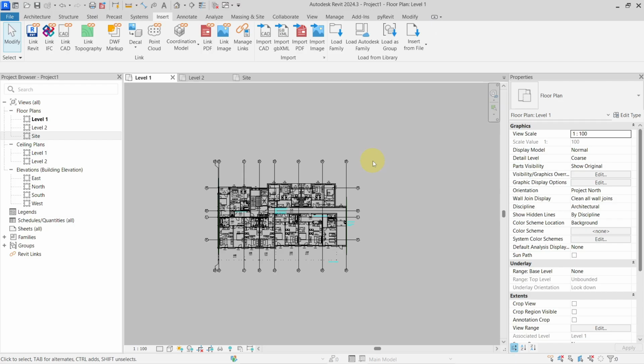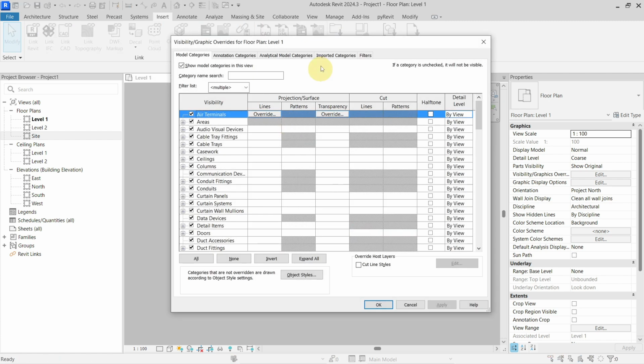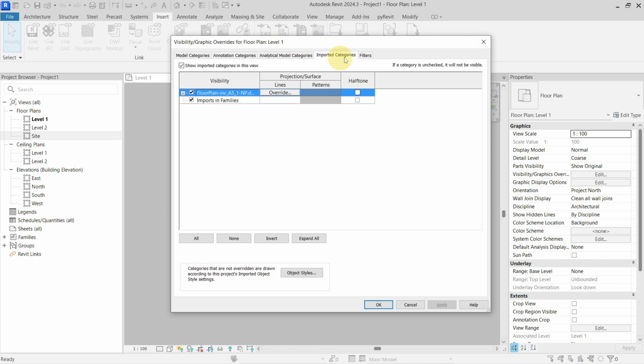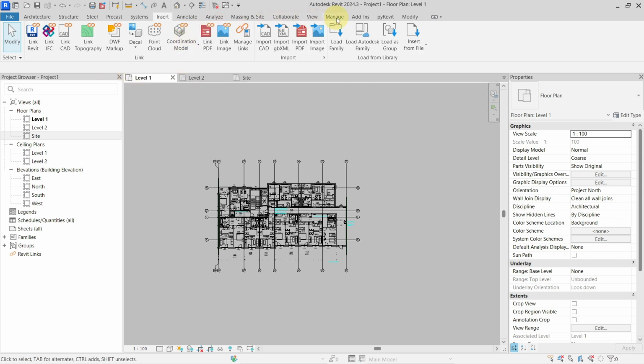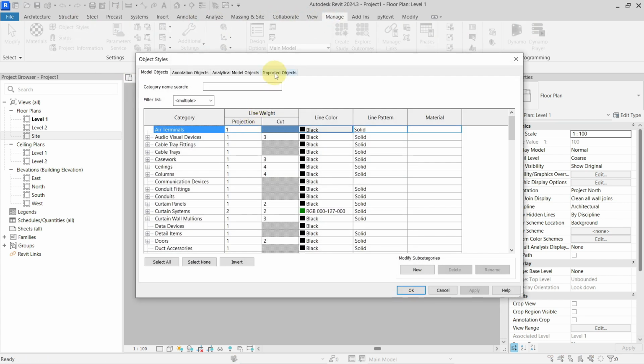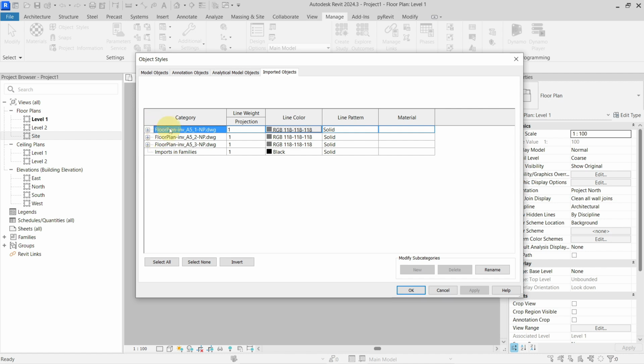Hello everyone, today I'm going to show you how you can delete imported categories from your Revit project. As you can see here, if I go to my visibility and graphics under imported categories, you can see this imported category from the DWG file. And if I go also to my object styles, you can see under imported objects here the imported categories from